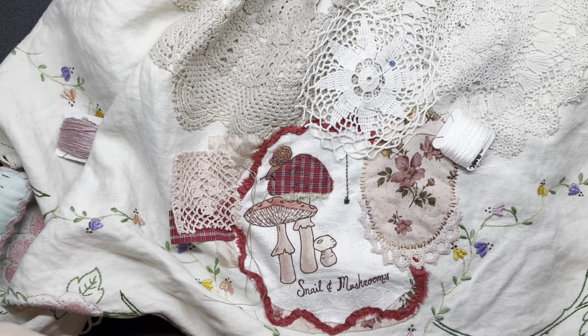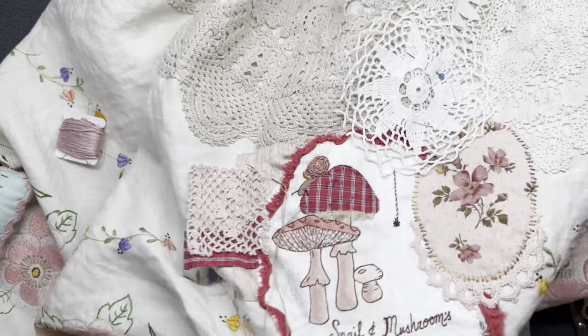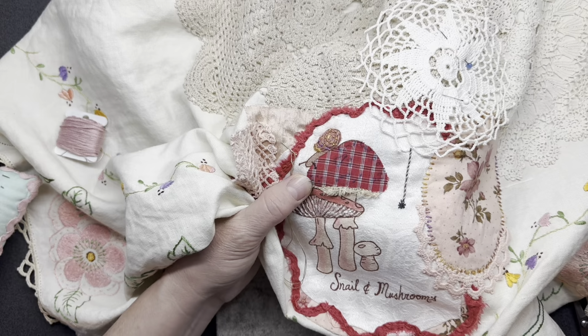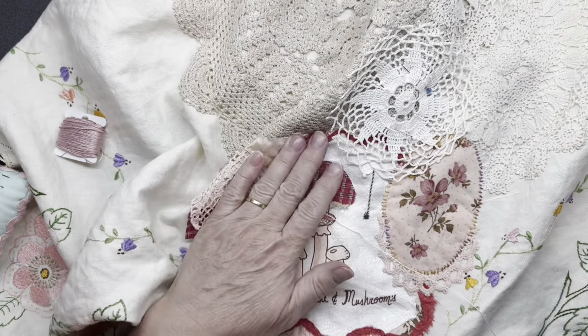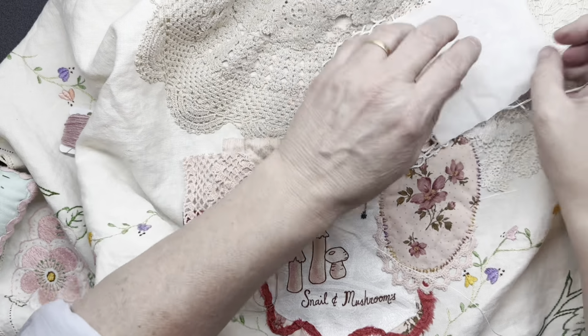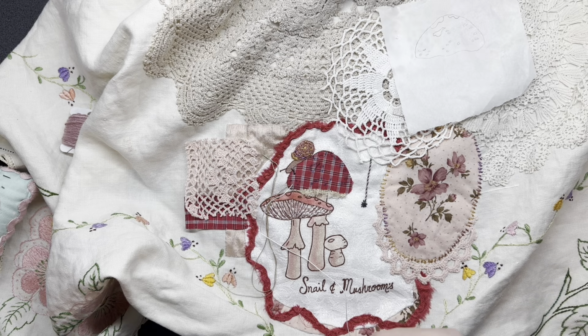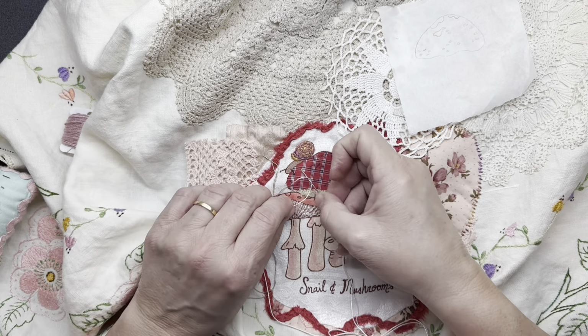Now, we'll come in with this. I'll do it on this red because it'll stand out a little more. So we're just going to double check with what is on here. With this, I'm going to just do some French knots for the little ones, and for the big ones I'll do